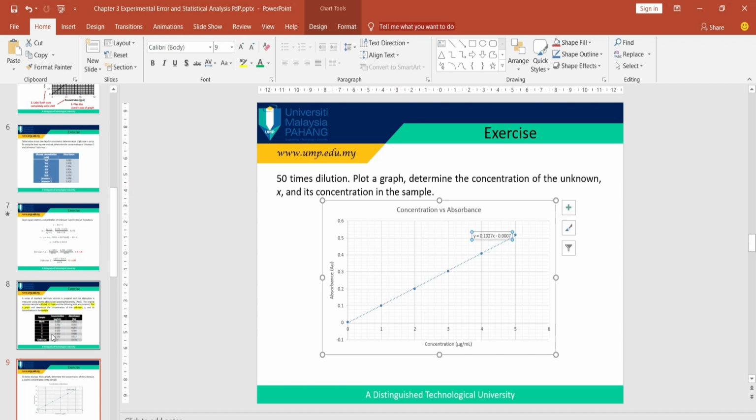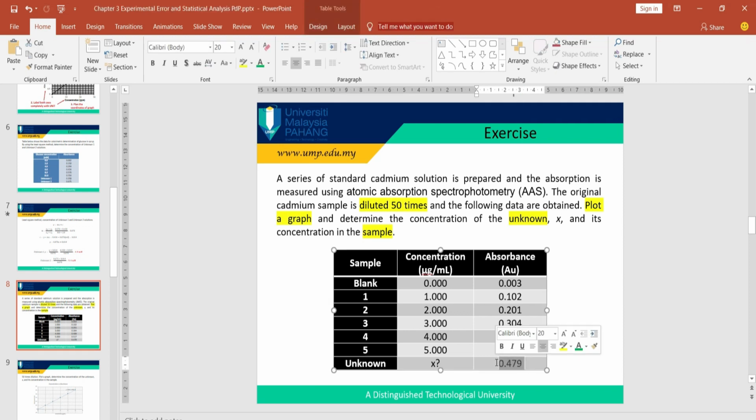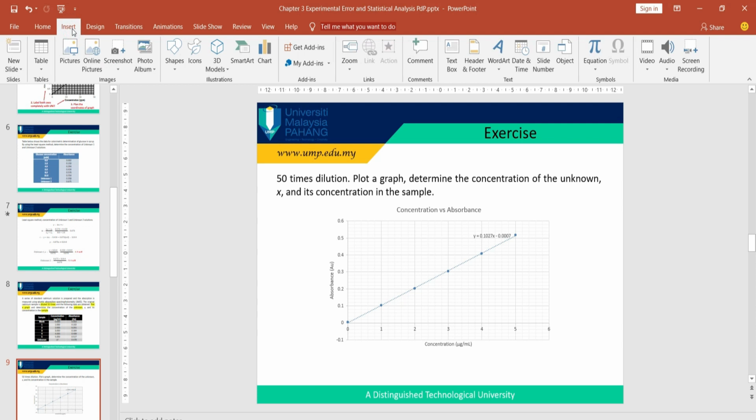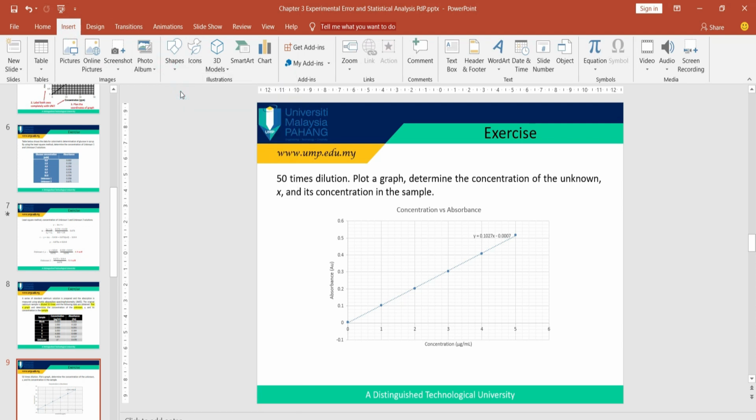So first we need to look at the absorbance value given for X. It is 0.479. So go to the y-axis on your graph. Then you need to have this straight line. Insert shape,